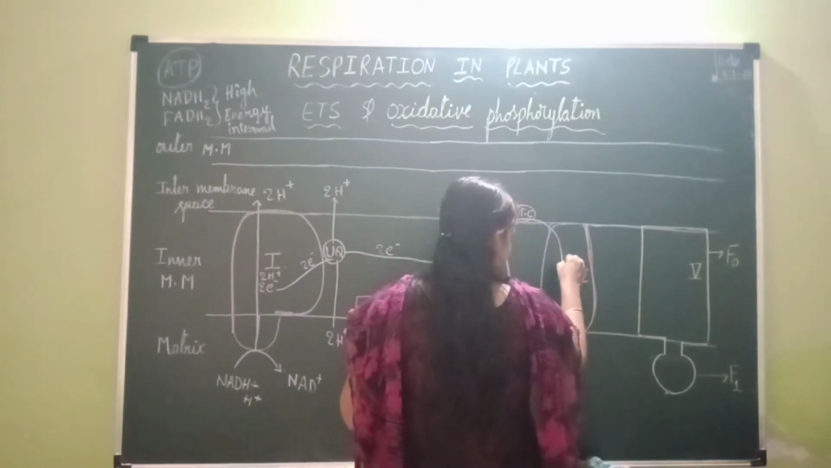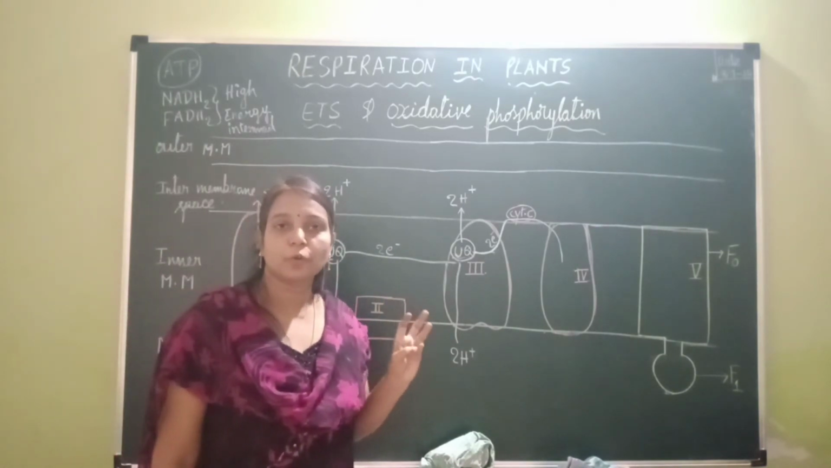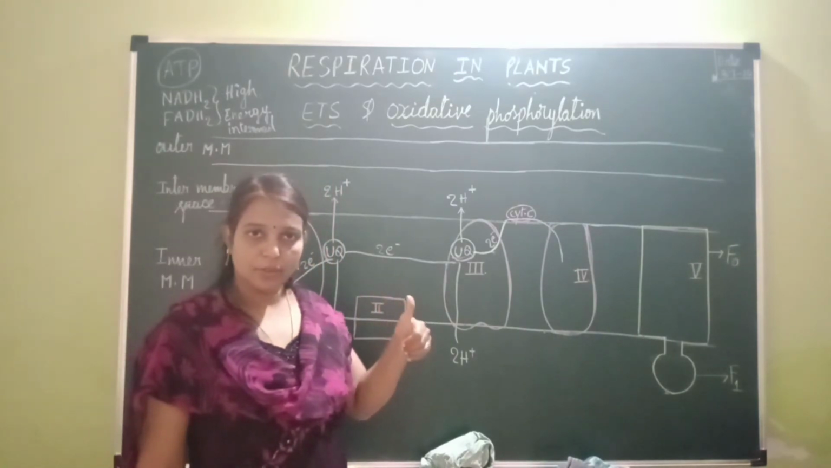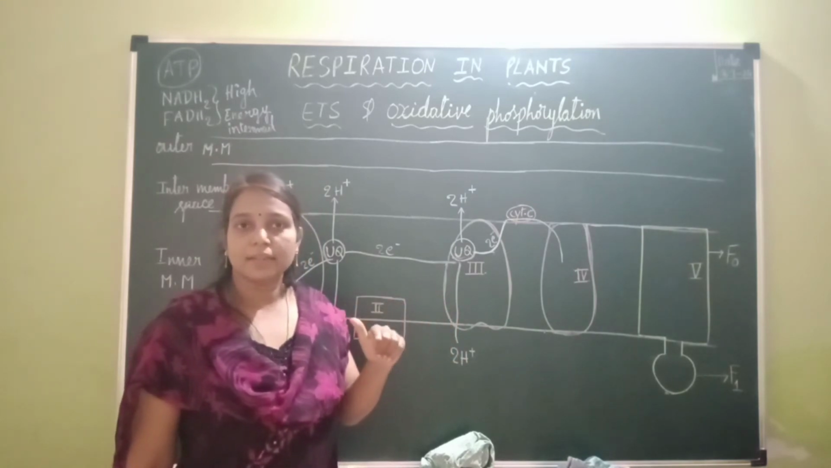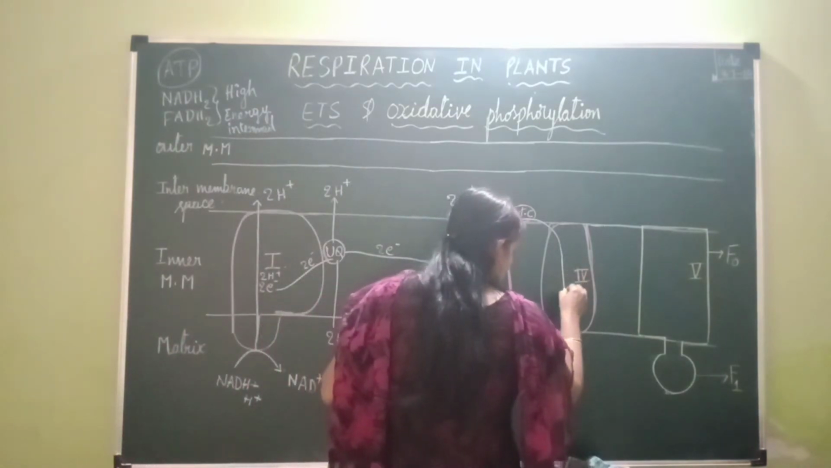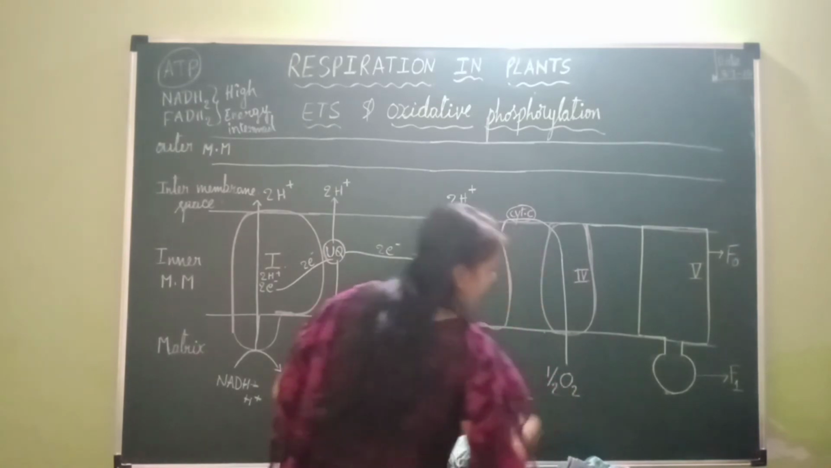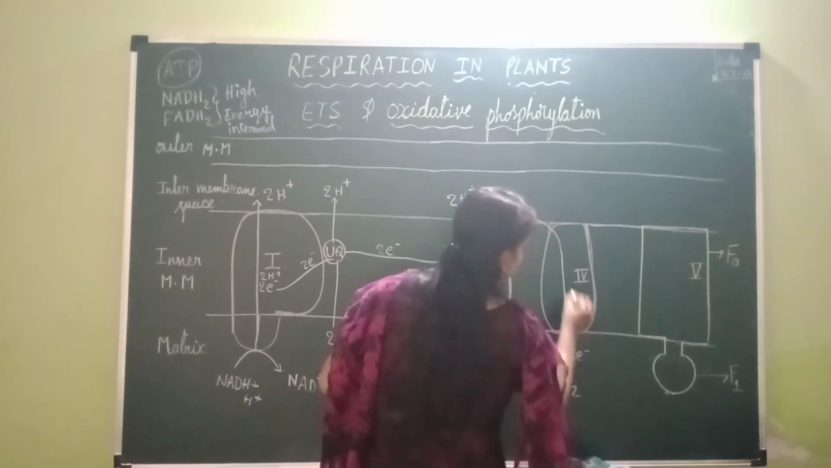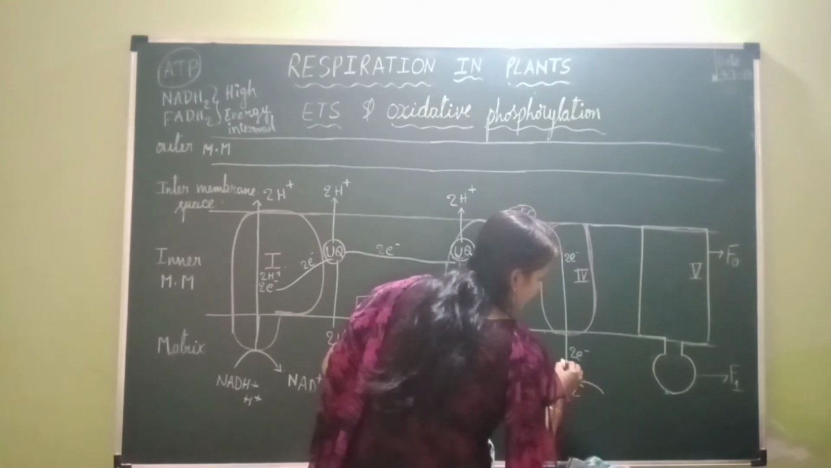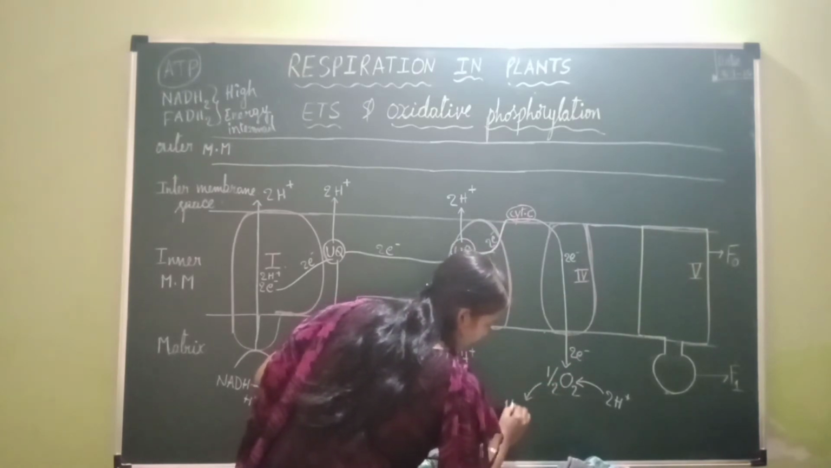Now in the fourth complex, what electron carriers are present? The fourth complex consists of cytochrome A, A3, and two copper centers, copper center 1 and copper center 2. Electrons enter into cytochrome A, then are transferred to A3, then to copper center 1 and copper center 2, and finally to molecular oxygen, that is half O2. Once half O2 receives two electrons, it consumes two protons from the matrix,